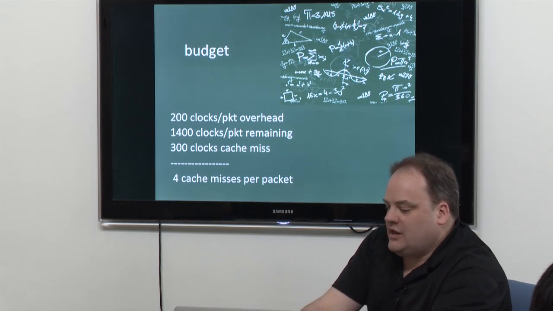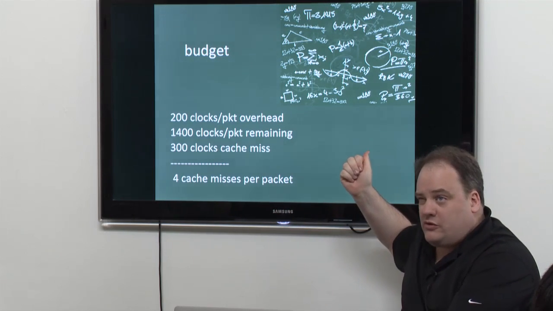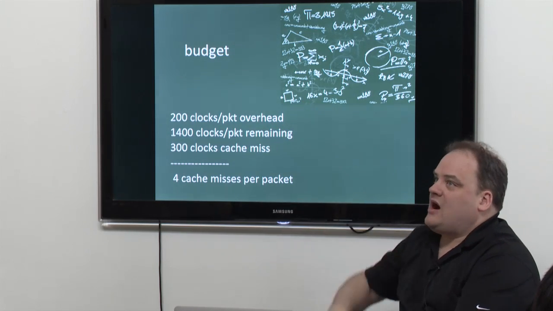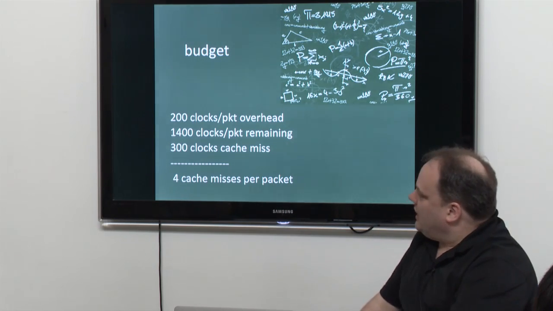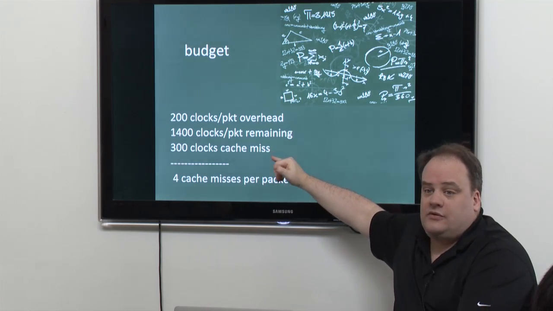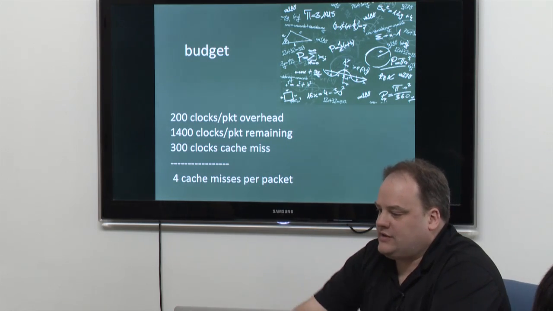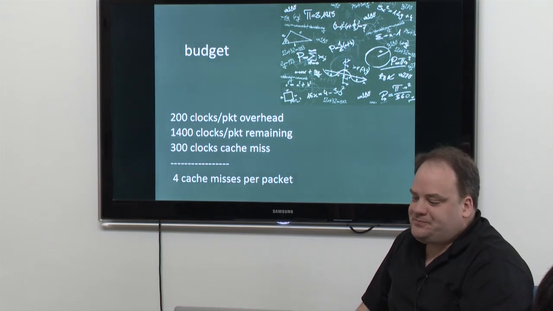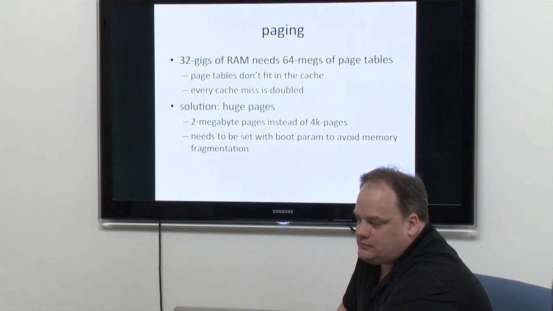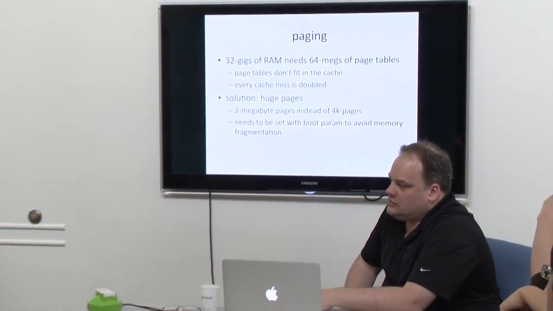And when you do a budgeting calculation, so back on that Intel benchmark where they're doing 80 million packets per second, they're consuming 200 clock cycles per packet. Now, if you reduce that down to 10 million packets per second, which is what my talk is kind of about, that leaves 1,400 clock cycles per packet. A cache miss is 300 clock cycles. So that means per packet, I've got a budget of 4 cache misses per packet. And simply walking through the TCP/IP stack in memory exceeds that budget, because every pointer it follows is a cache miss. Including the protocol implementation functions that get dispatched based on the protocol number.